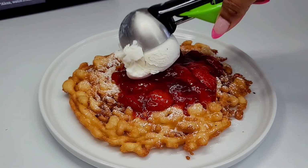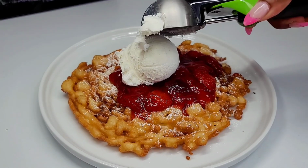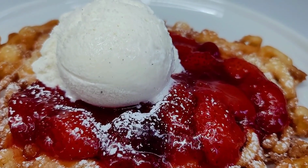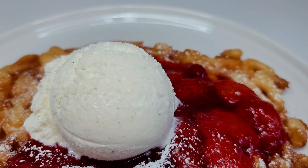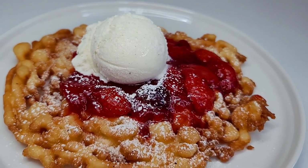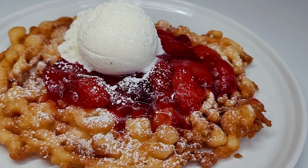The perfect sweet treat. When I tell you this is delicious, trust me on that. Whenever I go to Busch Gardens, Water Country, whichever amusement park we go to, we have to get some funnel cake. It is so delicious. If you have not yet tried it,